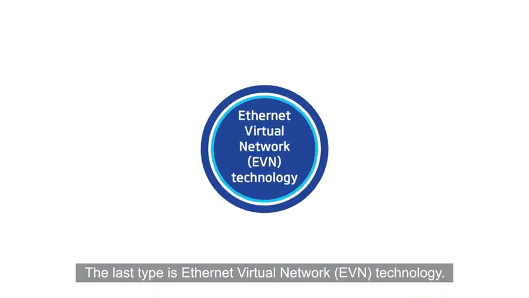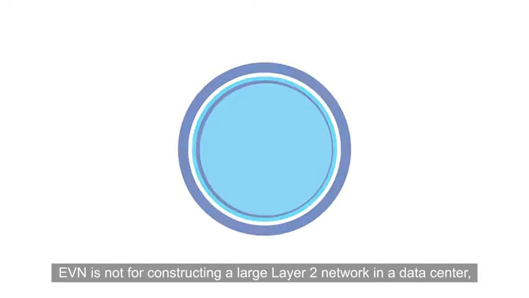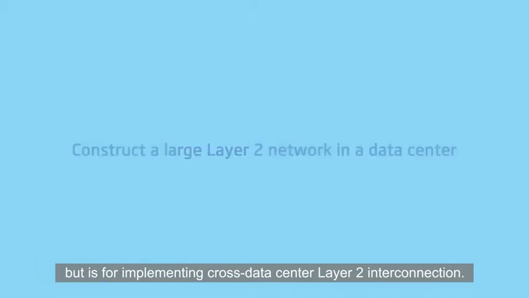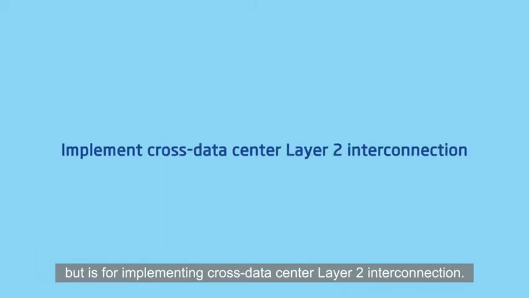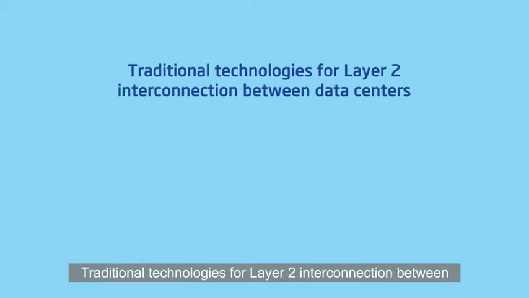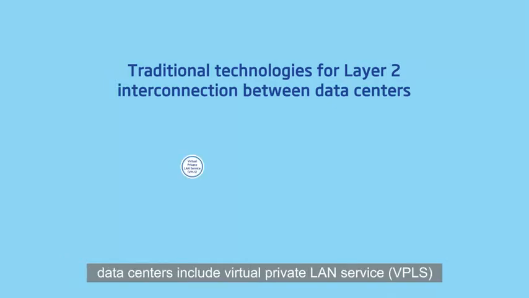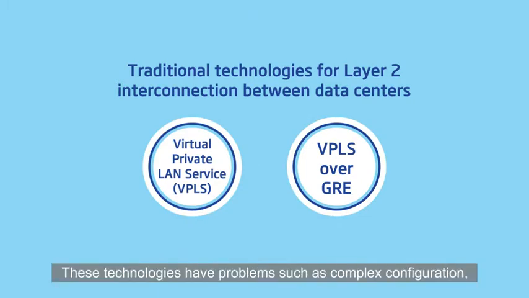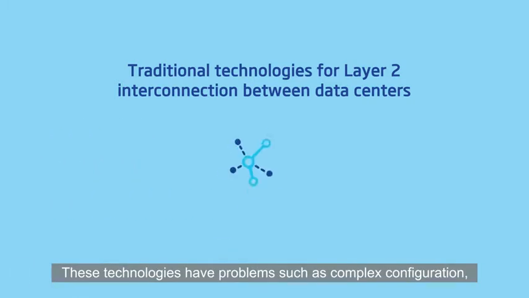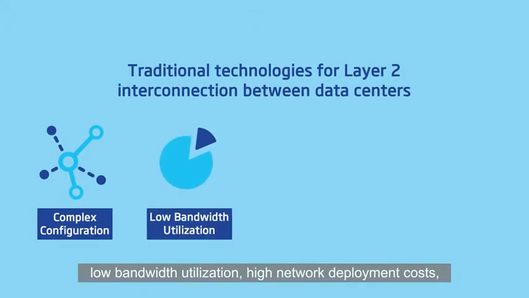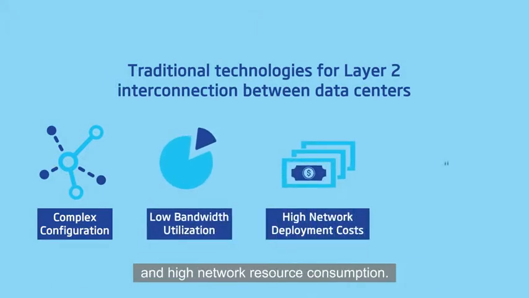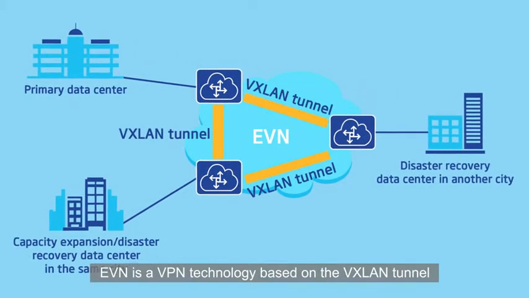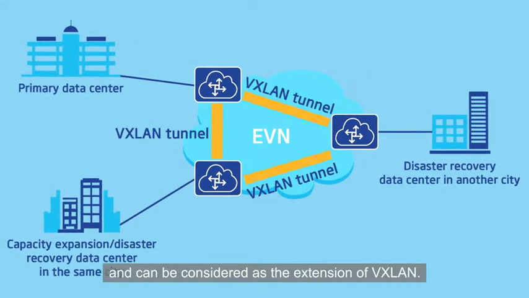The last type is Ethernet virtual network technology. EVN is not for constructing a large Layer 2 network in a data center, but is for implementing cross-data center Layer 2 interconnection. Traditional technologies for Layer 2 interconnection between data centers include virtual private LAN services and enhanced VPLS over GRE. These technologies have problems such as complex configuration, low bandwidth utilization, high network deployment costs, and high network resource consumption. EVN is a VPN technology based on the VXLAN tunnel for Layer 2 interconnection